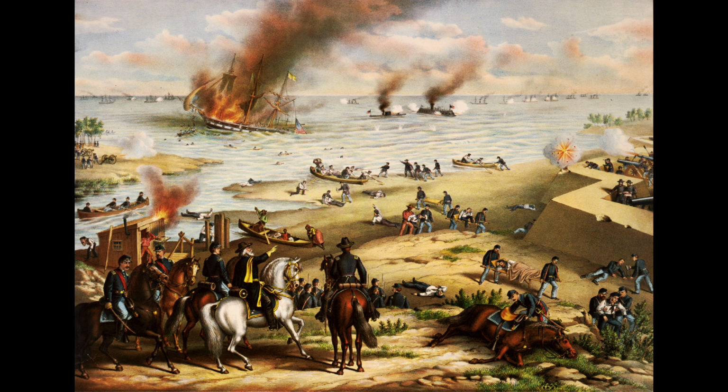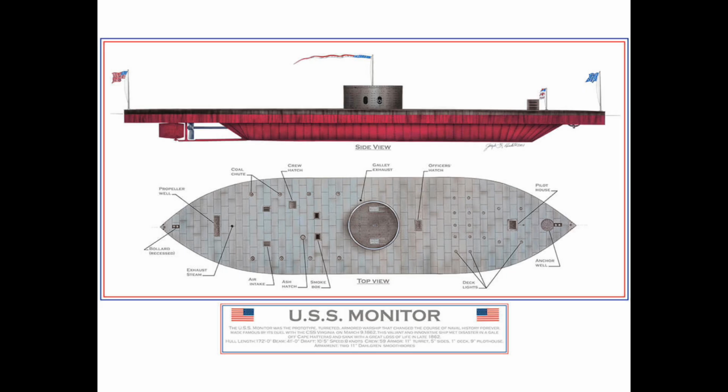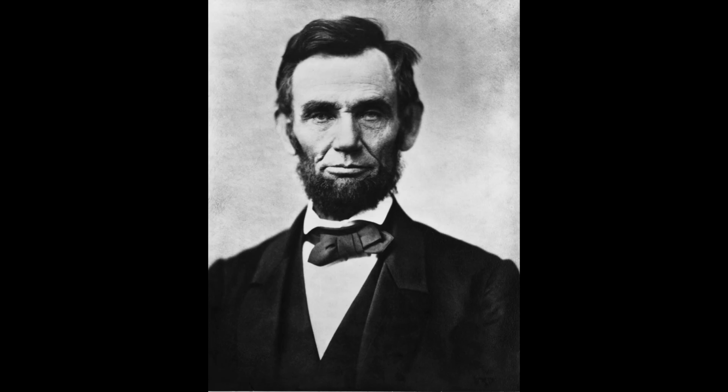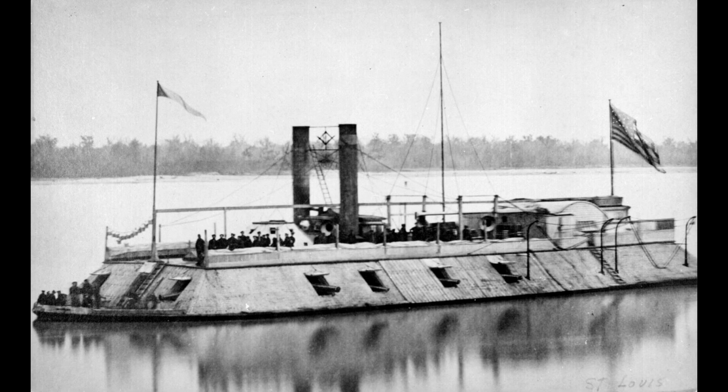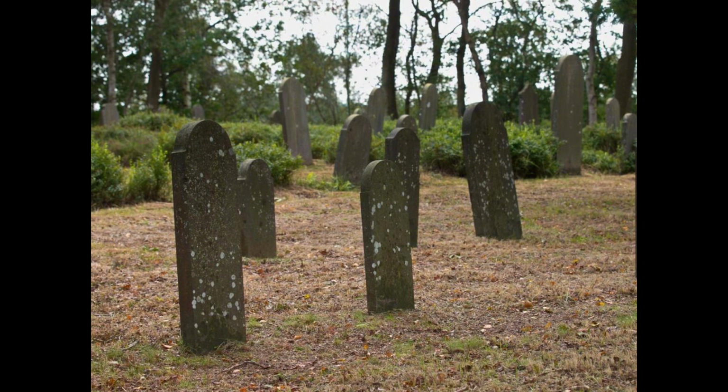The Battle of Hampton Roads saw the debut of ironclad warships in the Civil War, with the USS Monitor and CSS Virginia facing off. President Lincoln's blockade on the southern coast restricted Confederate trade, leading them to use ironclads to break it. Despite the Union's numerical advantage, they incurred more casualties, showcasing the evolving nature of naval warfare during the